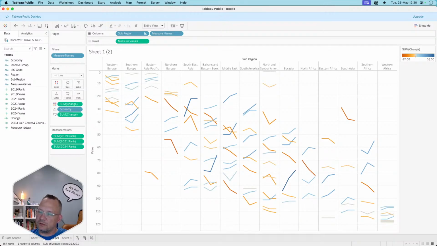Right, and then you can see the overall change, right? So you can see things are really jumping up here, right? So they went up 16, 12, and then you could get even